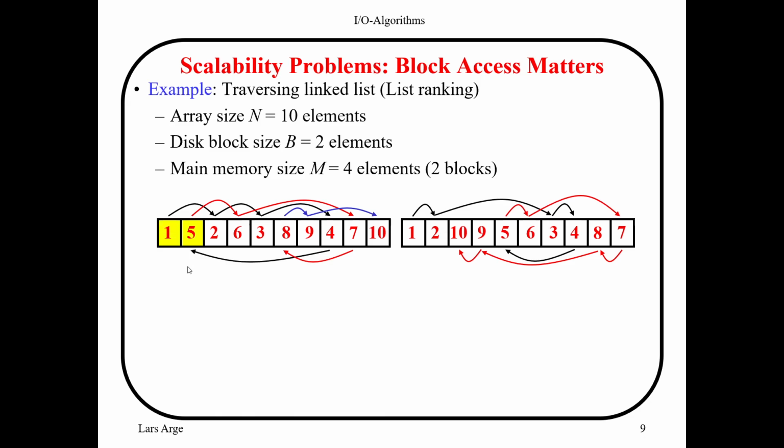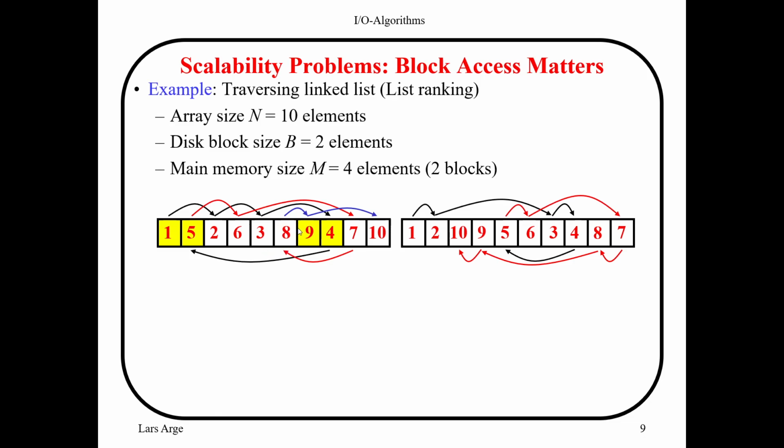So for example, if I want to traverse 1, 2, 3 all the way to 10, first I need to read this block. So I read the block that contains elements 1 and 5. I don't need the 5, but the element 1 takes me to element 2. So I need to read the second block, which contains 2 and 6. 6 is useless, so I just need 2. Then I read 3 and 8. Then I need 4 and 9, etc. If I continue this process,